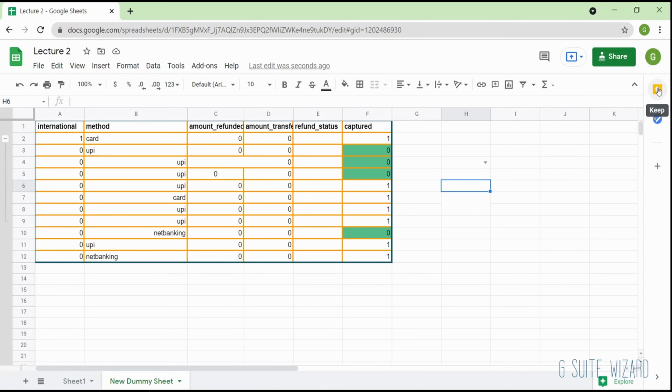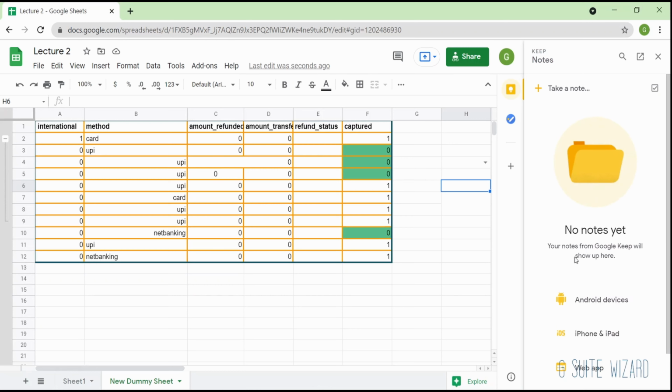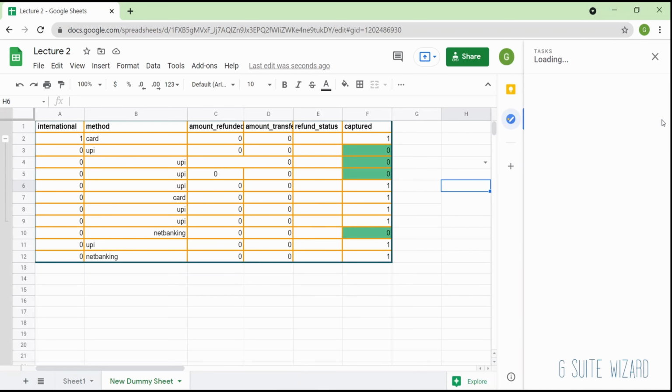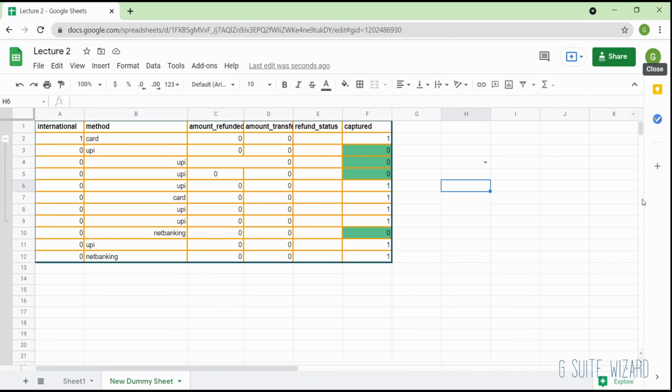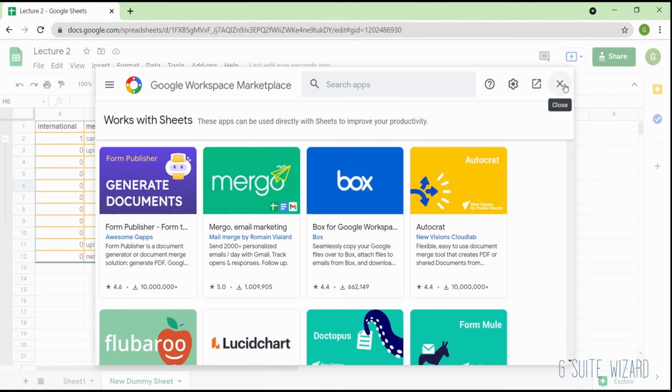And if you come to the right side, you can also see that there is an option to put your other applications which can be accessed instantly. Let's say if you want to put a note to yourself, right? It is not a note in your sheet, but it is a note. It opens the Google Keep notes application and you can put your notes over here. Okay, or you can add a task or you can create a calendar event. Go to add-ons, you can integrate all of those apps from there itself, right?